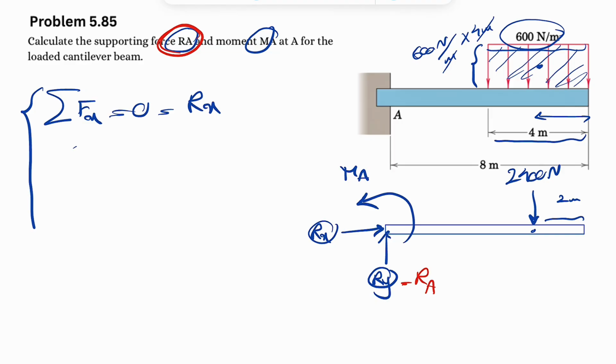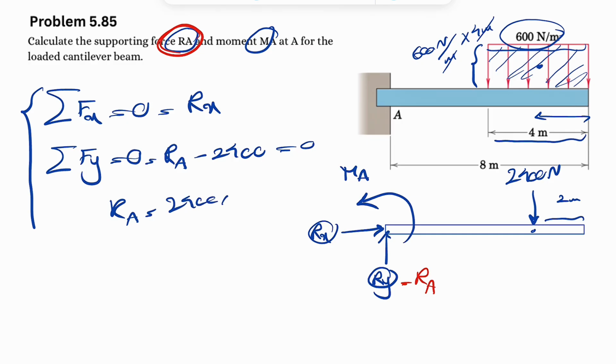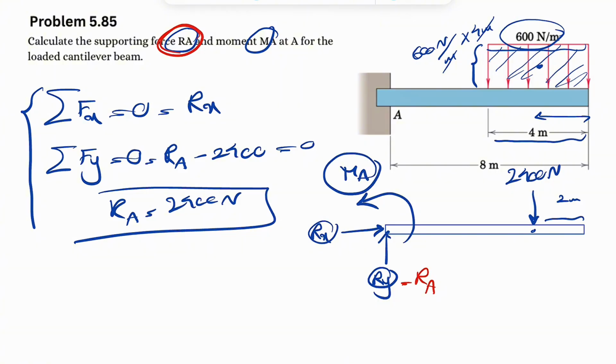So easiest way in here for finding the Ry, we can just find sum of all forces in y equals 0. Basically we have Ra minus 2400 equals 0, which means Ra is 2400 newtons. So that's the first unknown that the question is asking, and now we have to find the moment at that point,